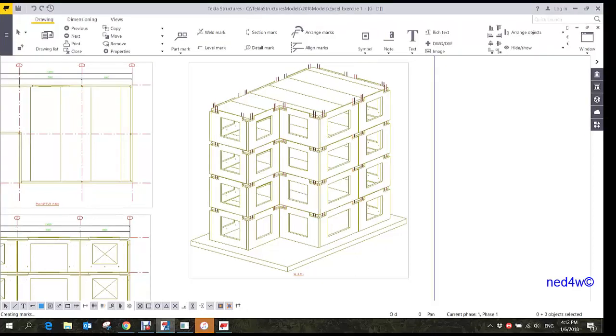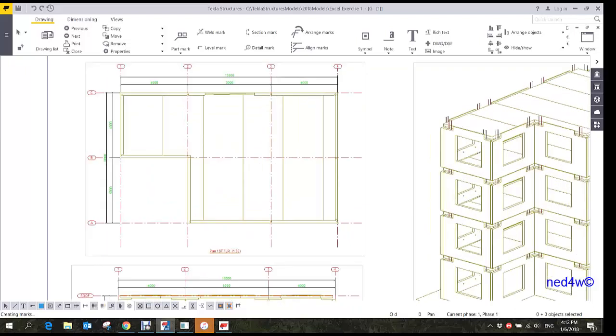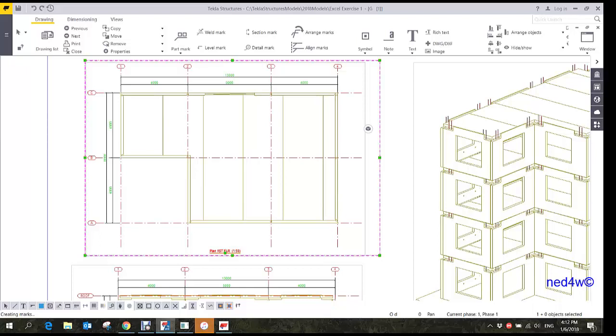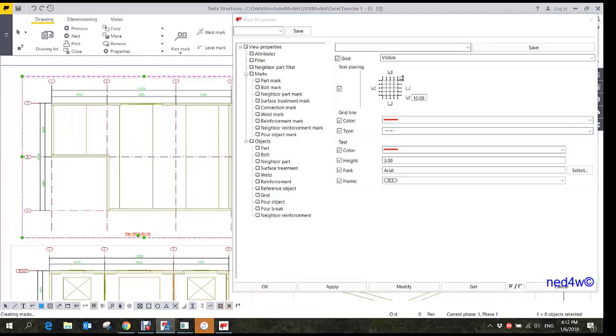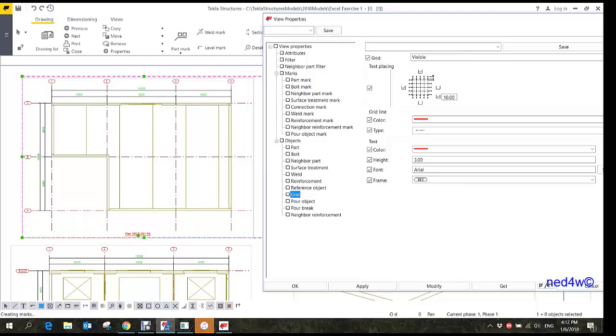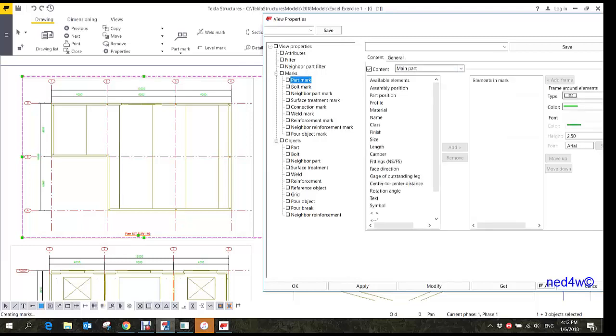Okay, next is this one. Of course, if you are in the plan view, in the erection drawing, you want to know the piece mark and the profile, correct? So here, again, if I double click on this, because the 3D doesn't need the profile, it's quite too much. So in this case, let's say the plan view, I'm going to add now the part mark here, part mark, and then let's say the main part, then here I want to add the assembly position, at the same time I want to add the profile. Okay, so here I can change this one to 2 and then